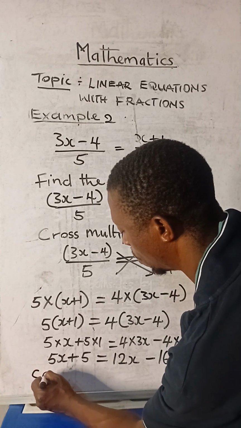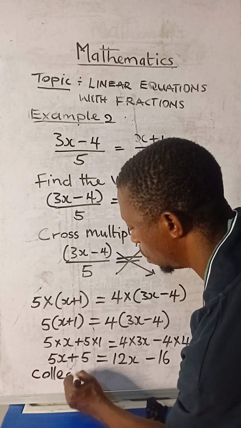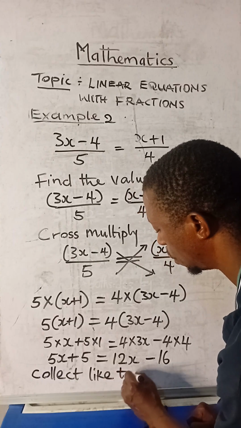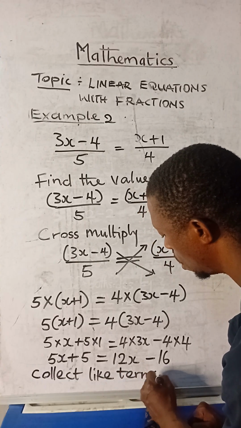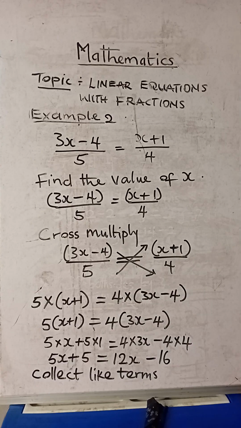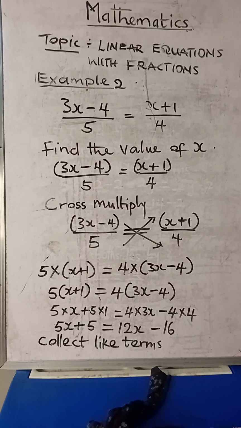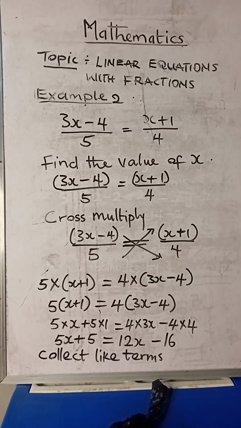Now the next step, collect like terms. They are like. That's what it means. So for want of space, we'll be cleaning the top so that we can conclude this. But I think we still have a little space down. So let me take it down a little. We still have a little space down. So we have